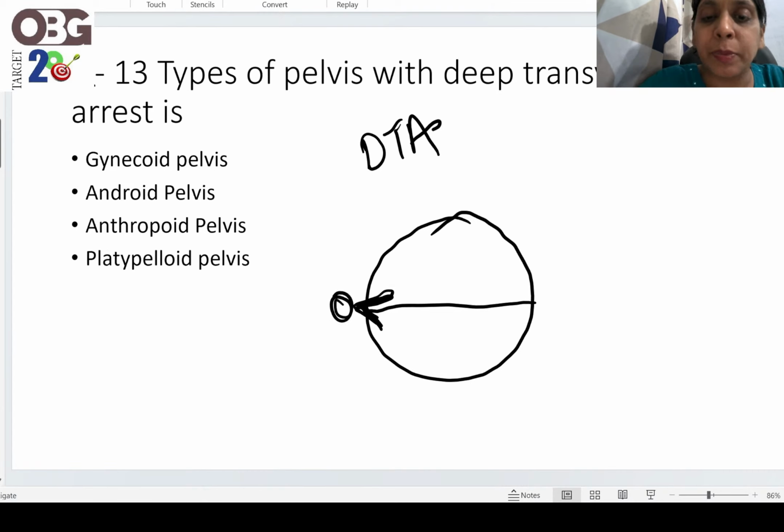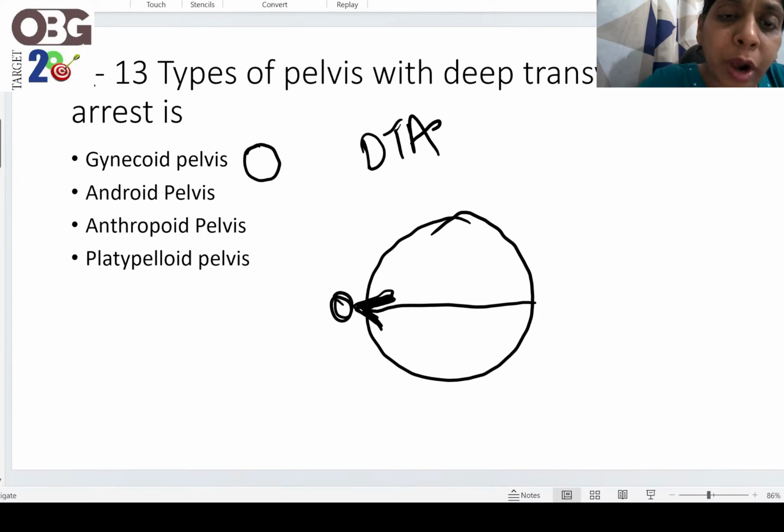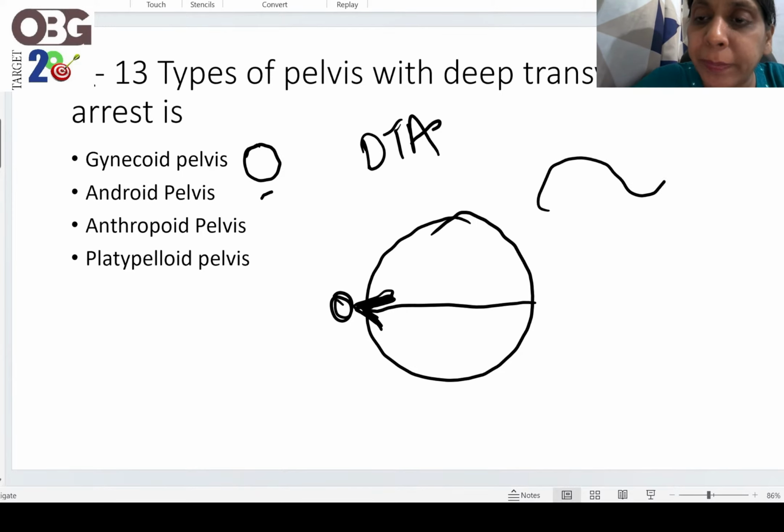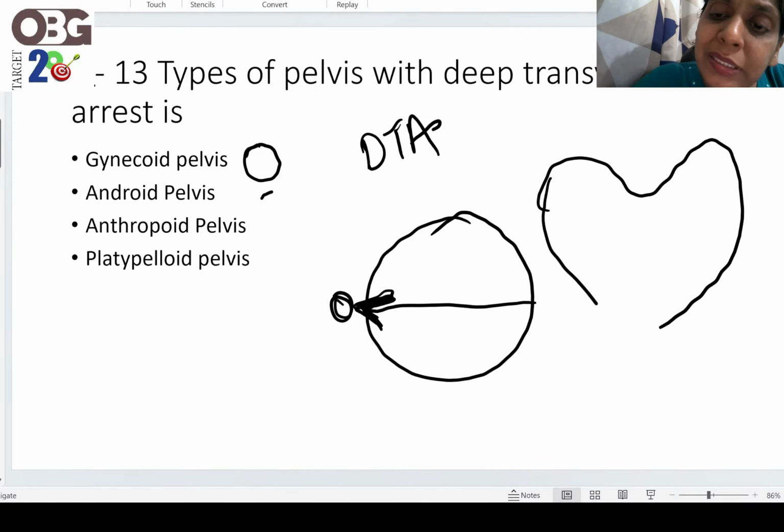Okay, this is the occiput of the fetal head, and the outer one is the pelvic cavity. Now, in which pelvis does deep transverse arrest occur? You all know that the gynecoid pelvis is almost round in shape. The android pelvis is heart shaped. So what happens in this android pelvis is that the fetal head